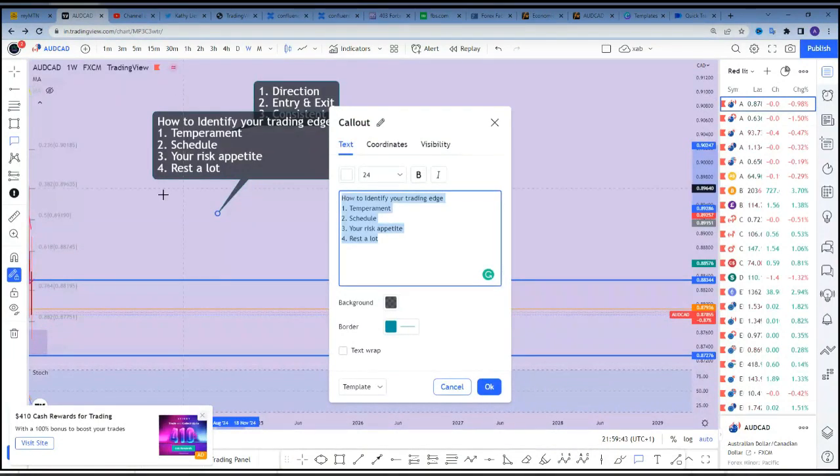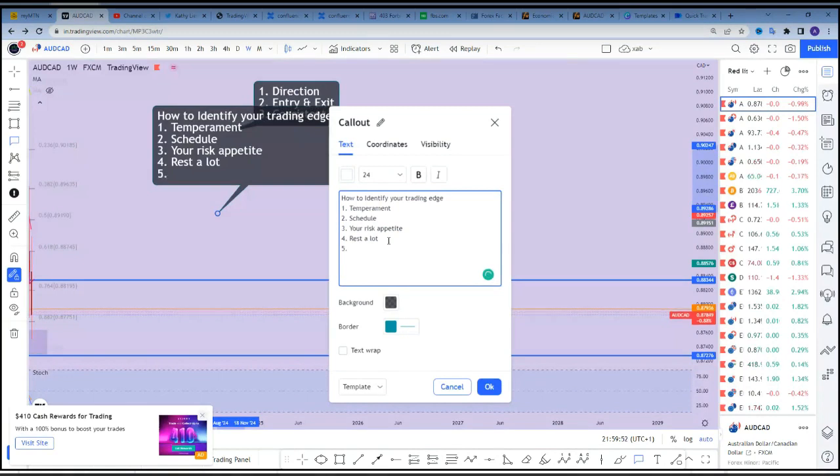So this is also one of the things that affects your trading edge. The longer you stay without rest, the more flawed your decisions become, because your brain can no longer process information thoroughly. It just wants to quickly rush and go on to the next one.